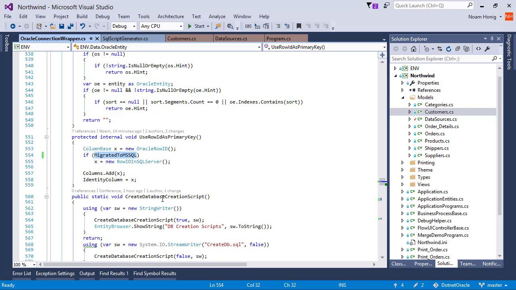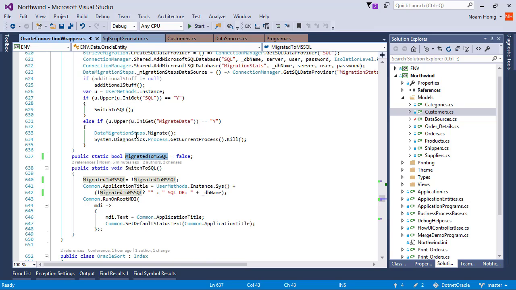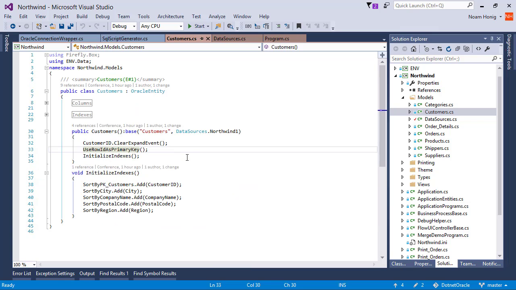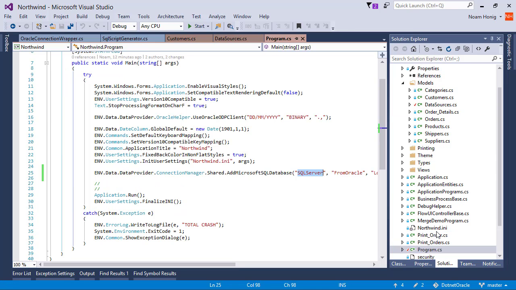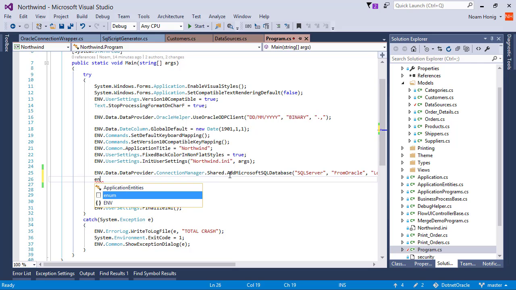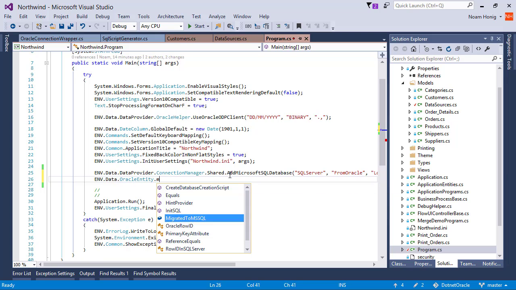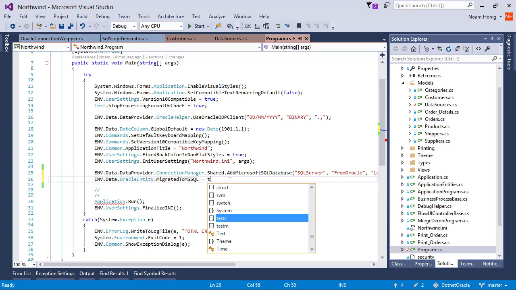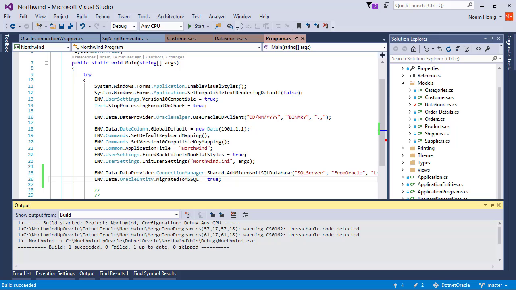Okay, so let's go to migrated to MS SQL. We see there's a bool column that is by default set to false. Let's set it to true. Okay, so in our program, we're going to say env data Oracle entity dot migrated to MS SQL equals true. Okay, when we do that,